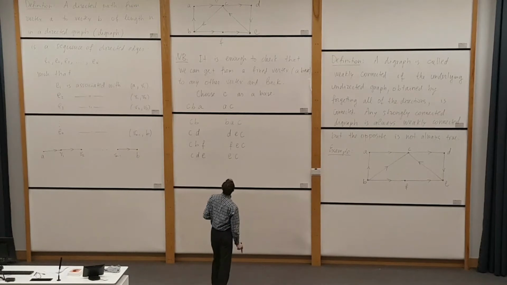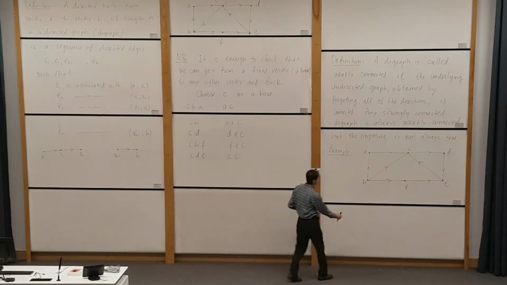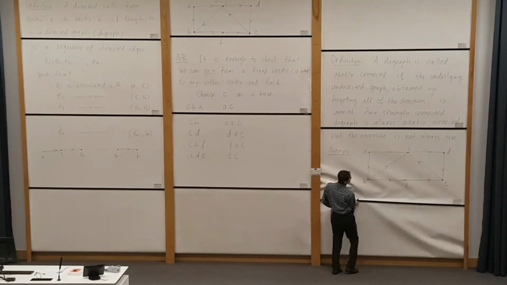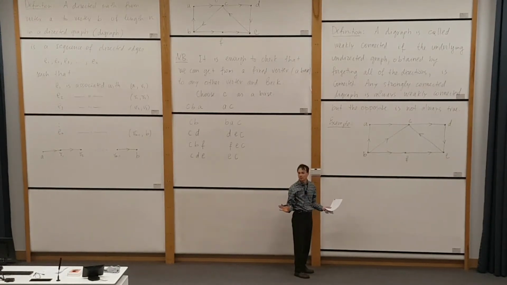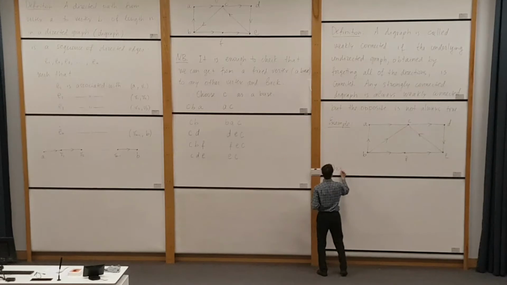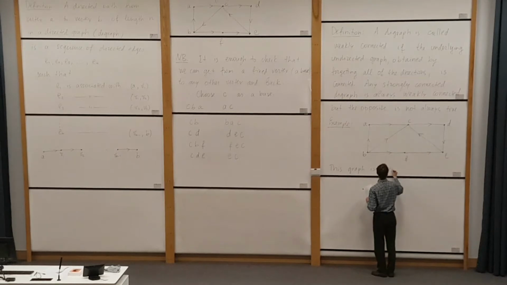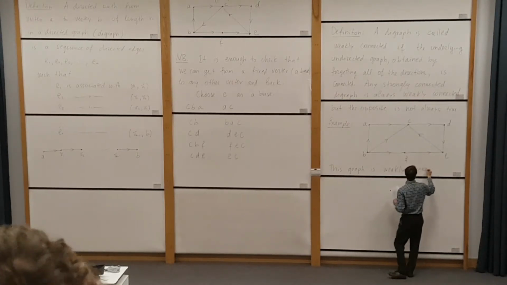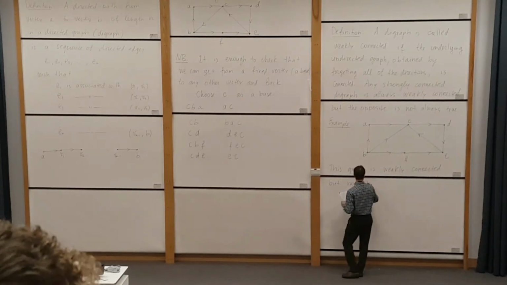So, yeah, the BC arrow is reversed. And that's it, right? Just one arrow is reversed, BC, with respect to the previous example. So with this graph, it's easy to check that it is weakly connected. Right, visually you can see it consists of one piece. Right, this graph is weakly connected,